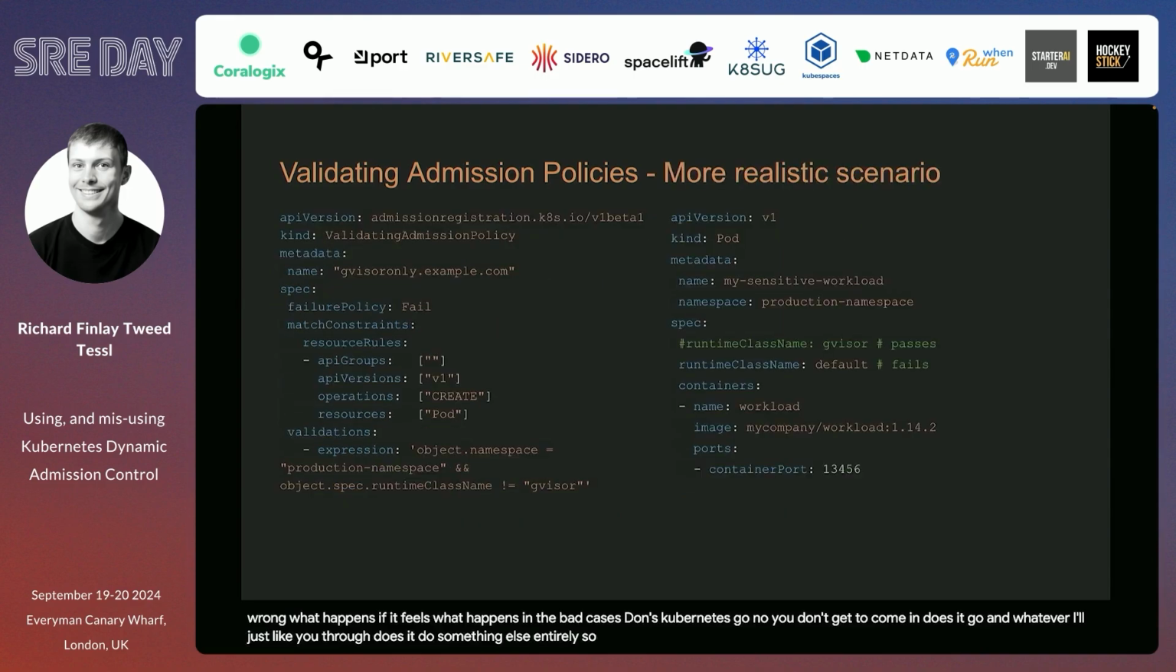So, a slightly more realistic scenario here. You're saying, again, most of this is metadata, but on the right, you've got a pod. And you're saying it's in the production namespace, it's a sensitive workload, but I'm going to use the default runtime class. Just by default, right? So it's using containerd or something. And what you've got on your left, again, the very bottom line's about the only relevant part, is if it's in the production namespace,